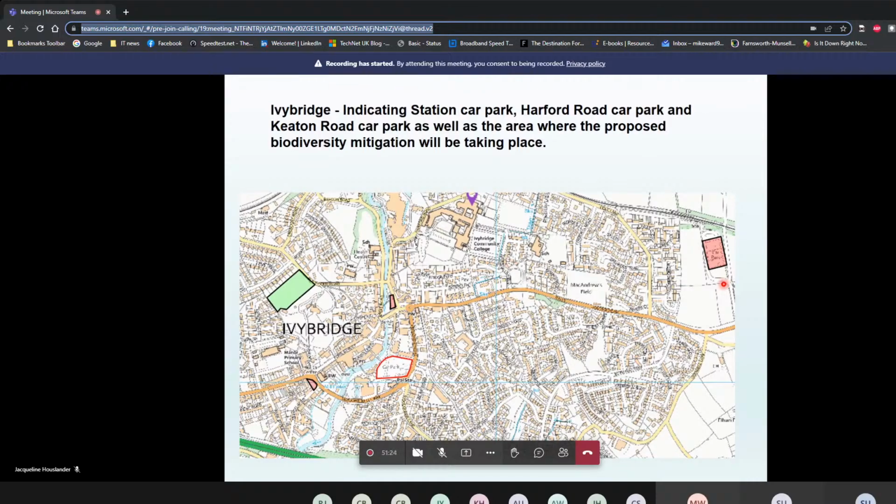I'll just throw in as well that there is a difference between ancient trees and veteran trees. Ancient trees have the age: for an oak, over 300 years for it to be considered an ancient tree. The veteran tree has a whole set of criteria that one has to look at, work through, and observe the tree to see if they are present. So that process has been carried out, and the conclusion was that the tree that's been identified, T8, doesn't have enough of the features to take it into the veteran tree